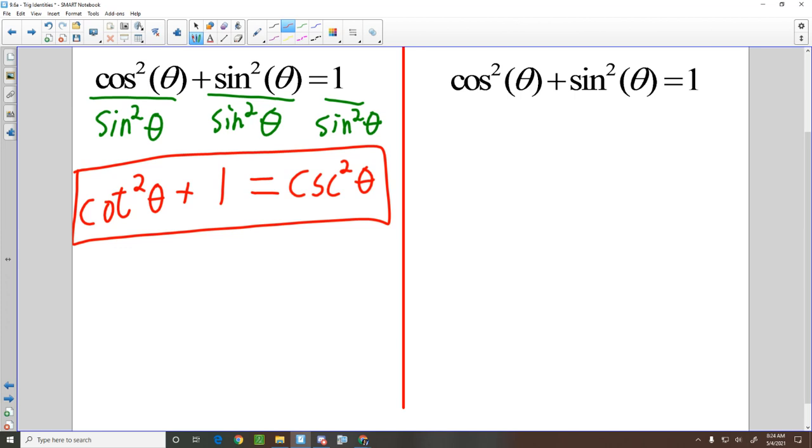This is our second Pythagorean identity then. And we can do a third by doing something very similar. I'm going to take that original Pythagorean identity, and I'm going to divide each of these by the cosine squared. If I take that same Pythagorean identity that we got from the unit circle, and I divide both sides by the cosine squared of an angle,